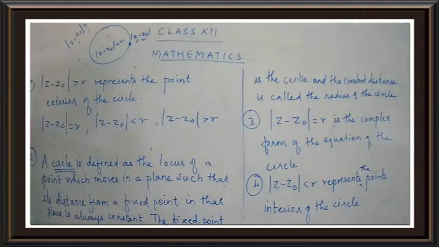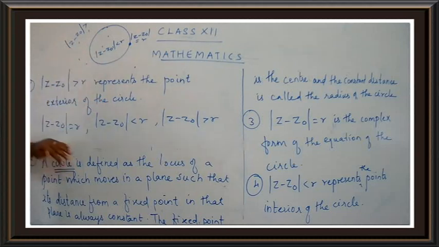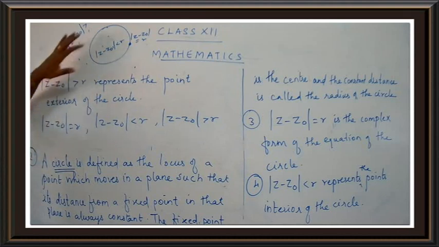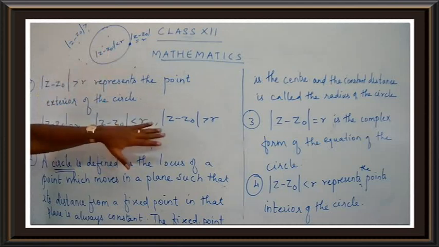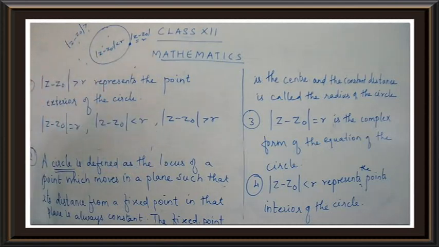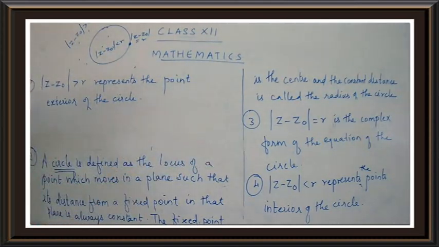So you have to remember the condition. They may ask you, we have this type of question in the solved examples. They will be asking the position of the points. So you have to find out the value and get the answer. Are you getting my point, children? If it is equal to r, it will be on the circle. Less than r, inside the circle. Greater than r, outside the circle. Just keep the points in your mind. Write down the points, children.